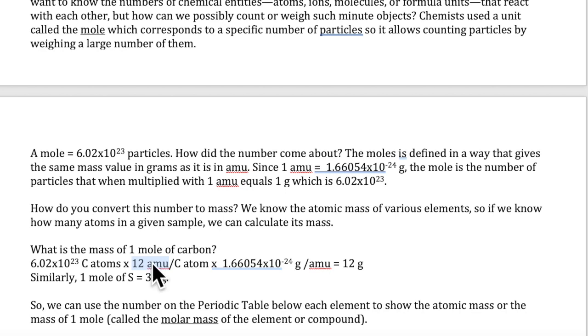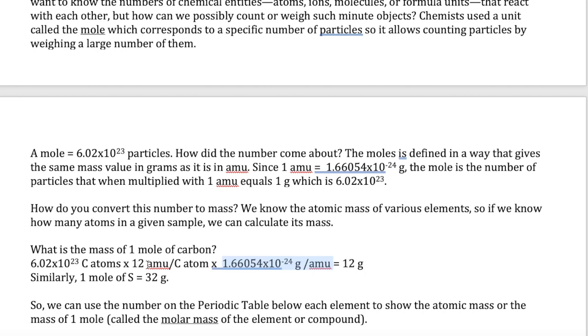Now, once we do that, we get the mass of 1 mole of carbon atoms, but in units of AMU. That's not really useful for us because our scales don't read in AMU units, but they read in gram units. So what we need to do is then do one more conversion, which is just the conversion between AMU and grams. And we know that AMU is equal to this many grams. So we do that conversion right here, multiply the result of this calculation with that number. Look at what we get. We get 12 grams,